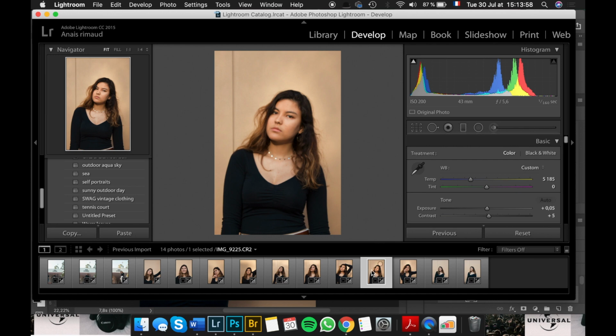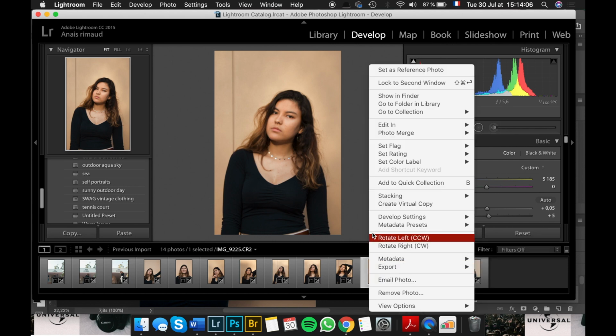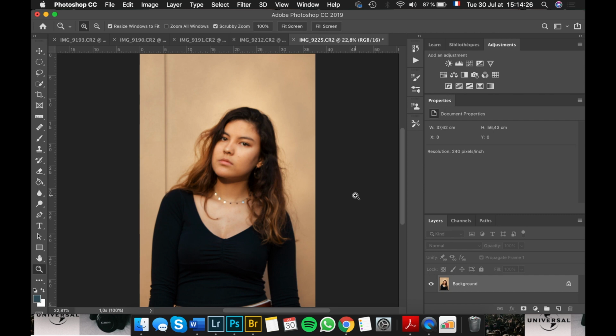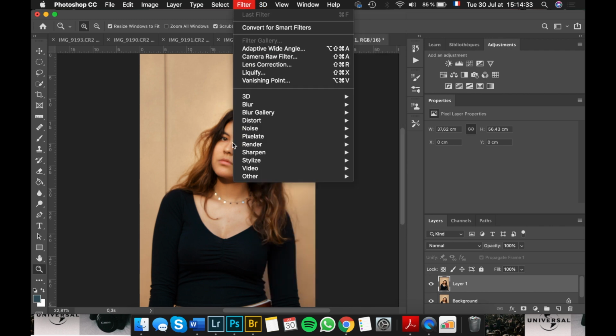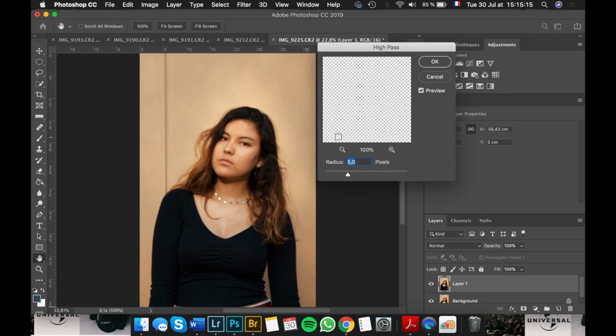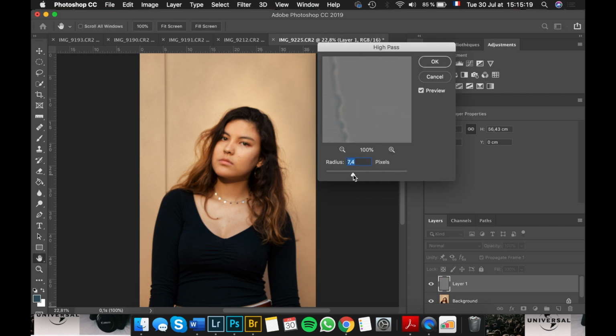Okay, so see how this one is blurry because it did not focus on my face but on my shirt instead? So what I'm going to do, export it to Photoshop, and then I'm going to do Command J to duplicate the layer, and then go to Filter, Other, okay, High Pass, let's do it, 7